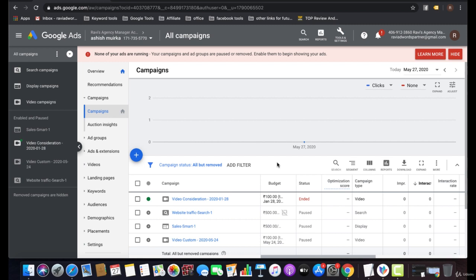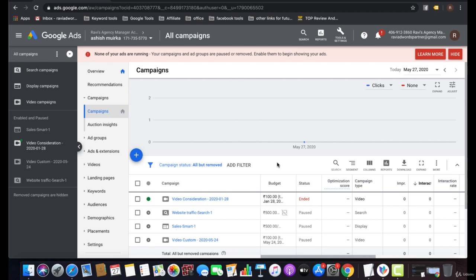What are keyword match types? These are the forms of keywords. There are four forms of keyword match types in Google Ads: broad match, broad match modifier, phrase match, and exact match.